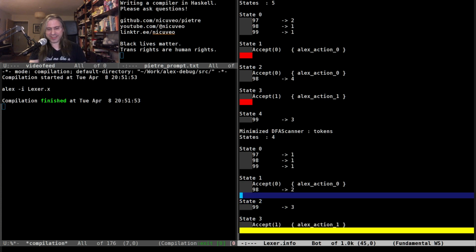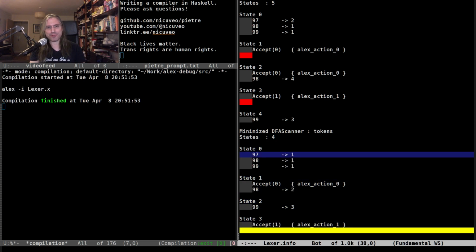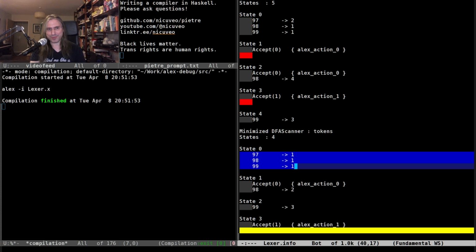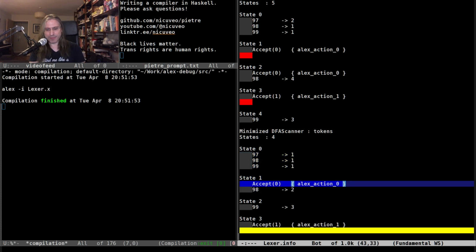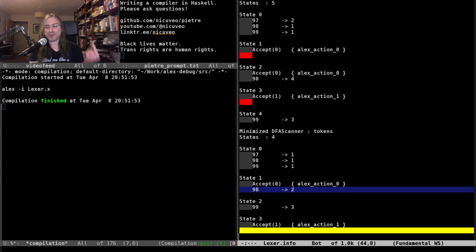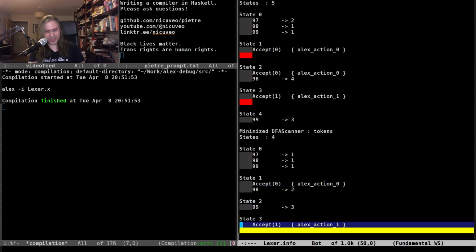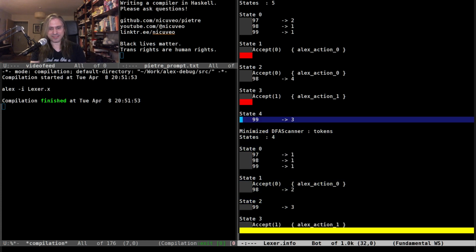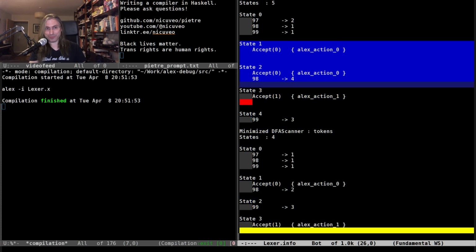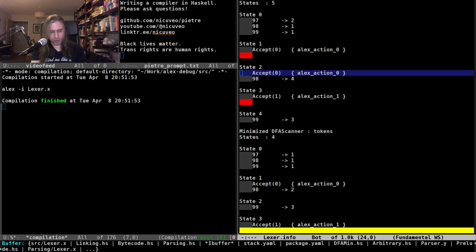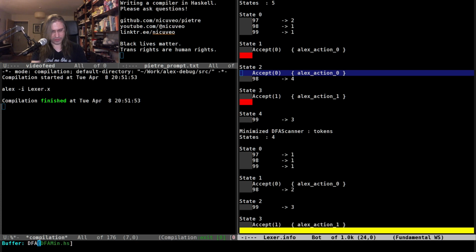And now if we look at the state machine, state 0, whether we find an A, a B, or a C, we go to state 1. State 1 will accept the thing if there is no longer match. But from state 1, we can accept B and go to 3, accept C and go to 3, and do an accept 1. So ABC, BBC, CBC will all 3 be accepted as ABC. Because those 2 states, 1 and 2, got merged. And the bug was... do I still have it open? I don't see... No, I do have it open still.